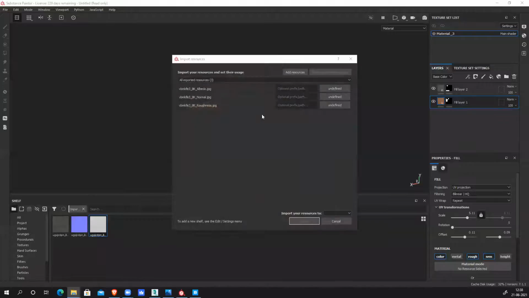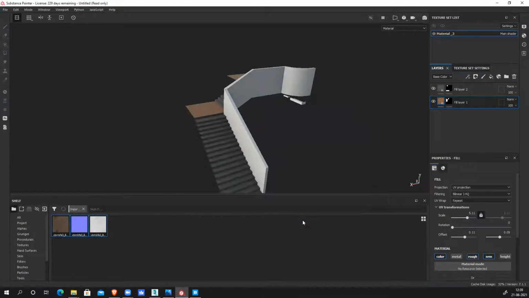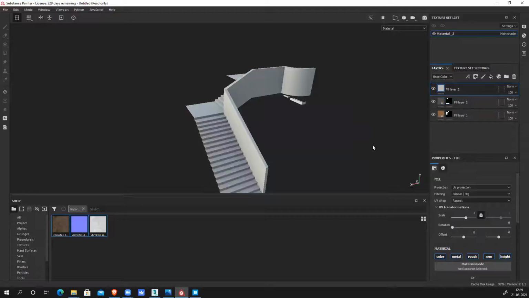Again, import textures. I'm just applying the base texture. After this, I have to add details. Imported. One more layer. No metal, no height.